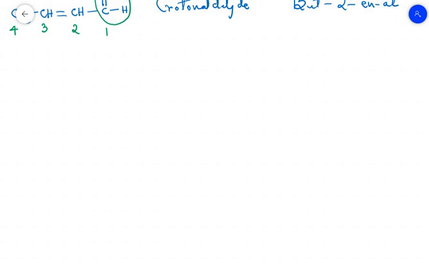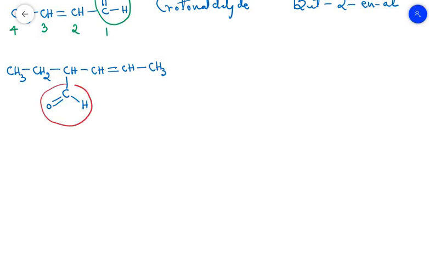Next compound, CH3, CH2, CH, C double bond O, single bond H, single bond CH, double bond CH, single bond CH3. As we move to higher organic compounds, the common names are less available, and we straight away write sometimes only the IUPAC name. And if you see here, we are having the principal functional group C double bond OH here,